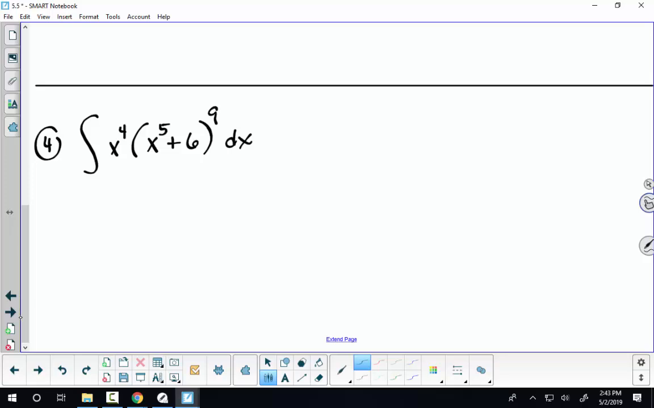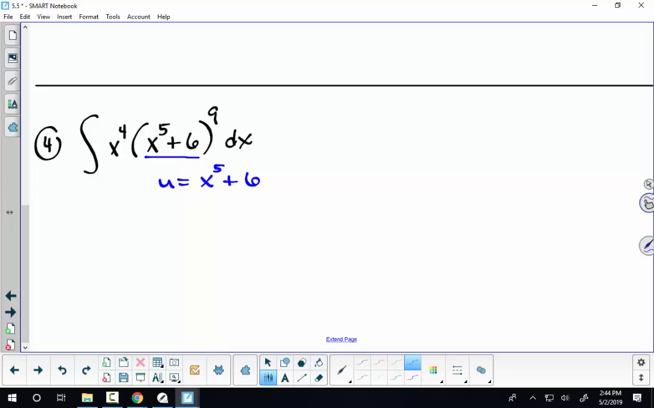Okay, so we've got x to the 4th times (x to the 5th plus 6) to the 9th. What should we attempt anyways as our substitution? x to the 5th plus 6. Right, x to the 5th plus 6, because if I let u equal x to the 5th plus 6,